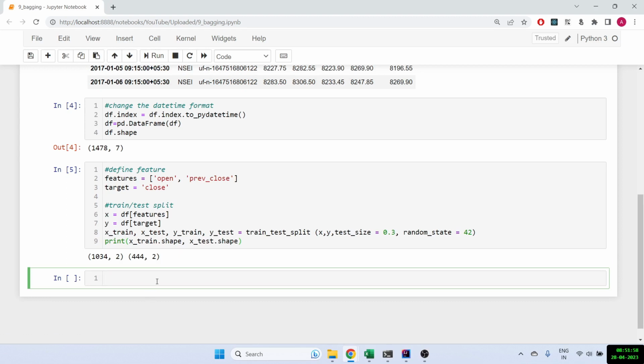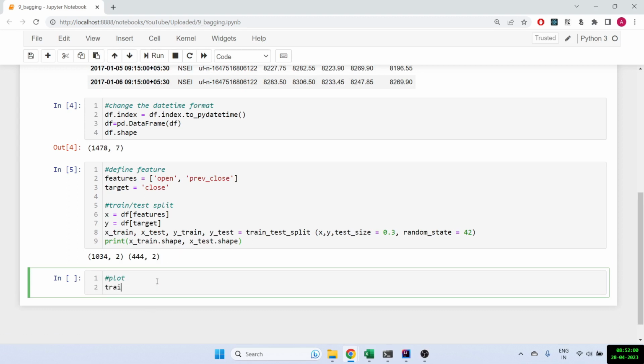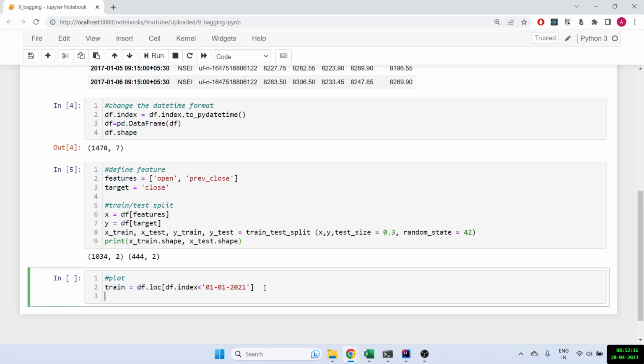Now let's plot it also. Let me show how to plot it. So train is equal to df.loc, and I want all the values before, let's say 01 01 2021. That becomes my training data, and my test data becomes all the values after that. That means 31st 12 2020,